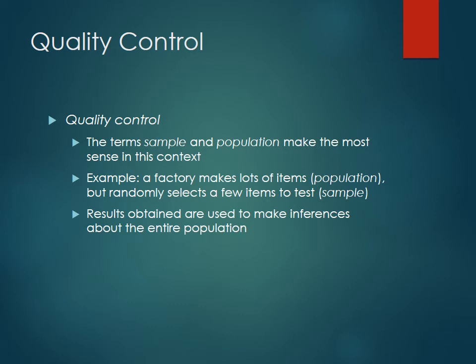It's kind of like when you're checking cookies and making sure no rat particles got into it or stuff like that. So again, quality control can apply to anything like that. But again, you're using the sample data to apply it back to the population to make that more generalizable. Okay?